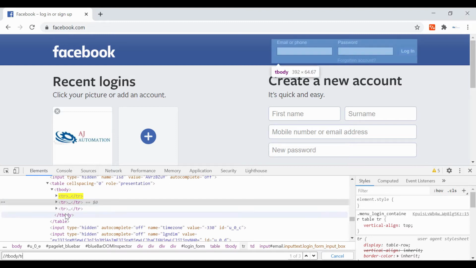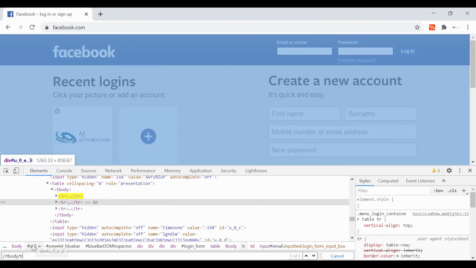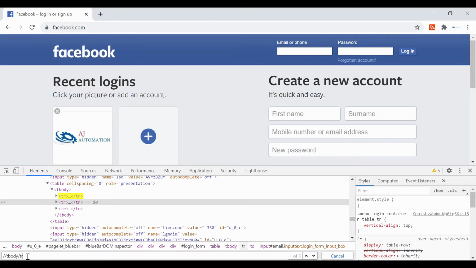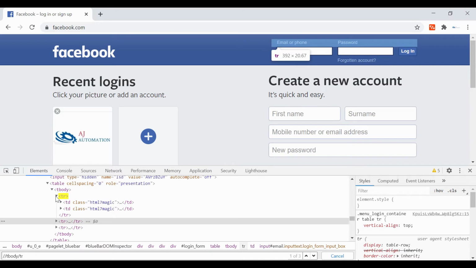You can also call them children, and this is the parent. Immediate does not mean that it should be the first. It can be first or second or third. But if you expand this, that does not mean you can go to the inside elements also. You can only reach up to the immediate nodes using the single slash.